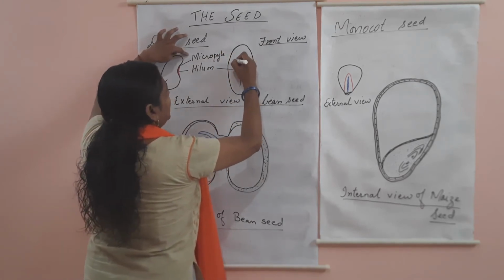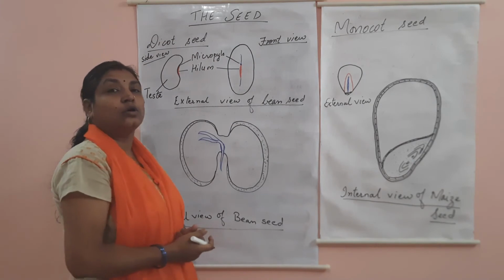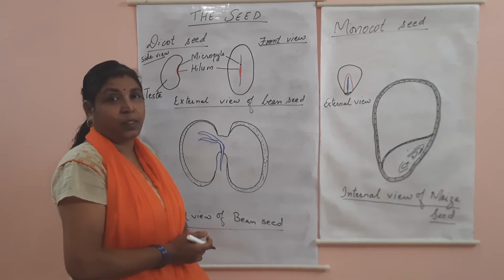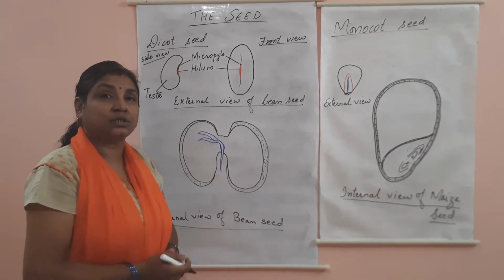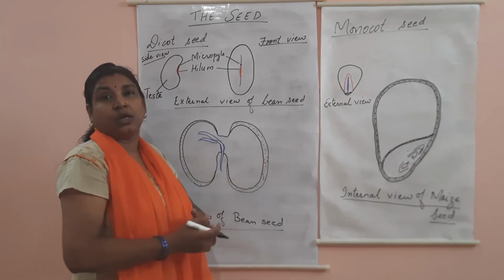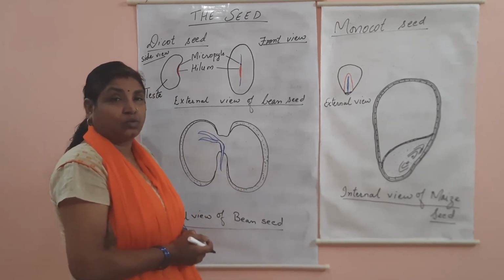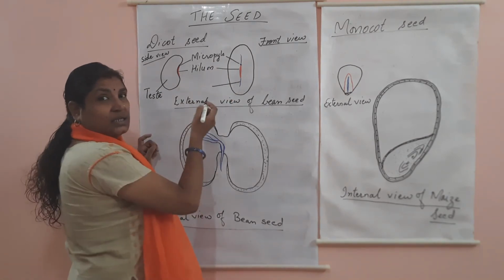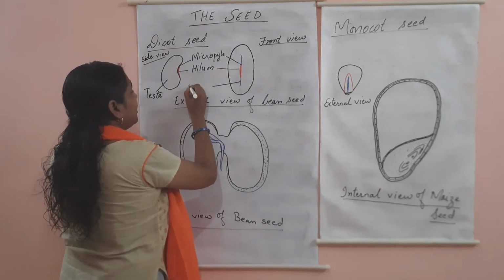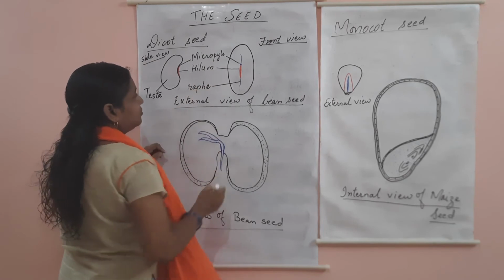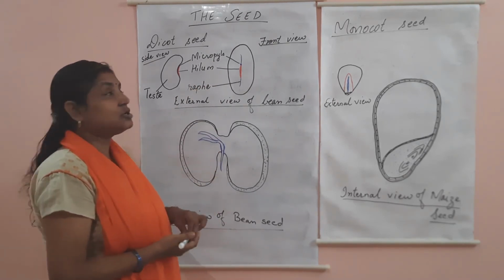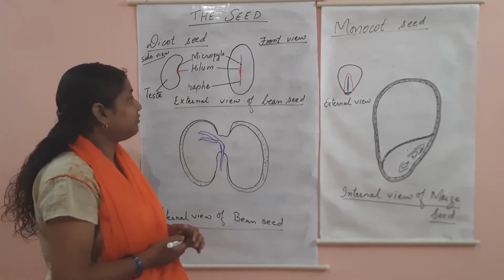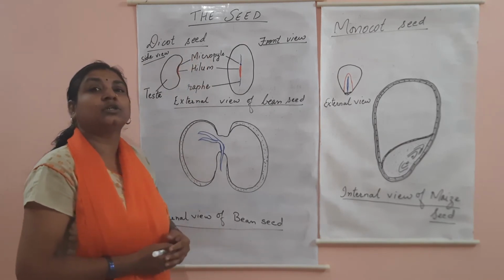It is the same micropyle through which the pollen tube enters carrying the male nucleus. Now in the seed, this micropyle will serve as a passage for water, meaning it will absorb water and gases from the atmosphere. Along with micropyle and hilum, there is an expanded elongated ridge called raphe. It's a mark present along the concave side, known as raphe. So this is all about your external structure.